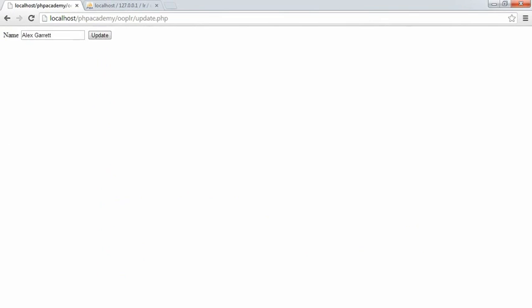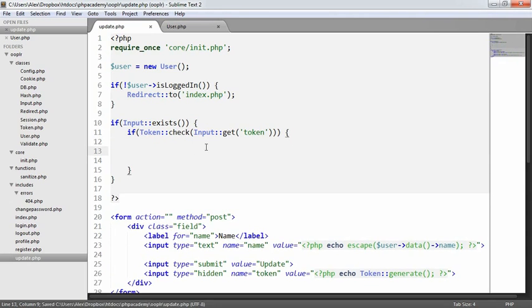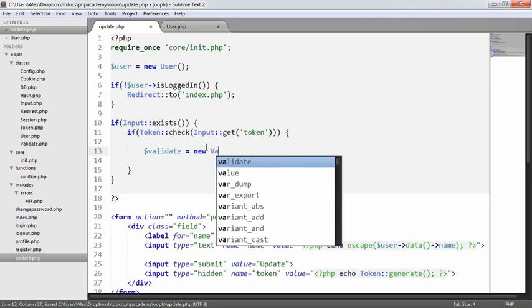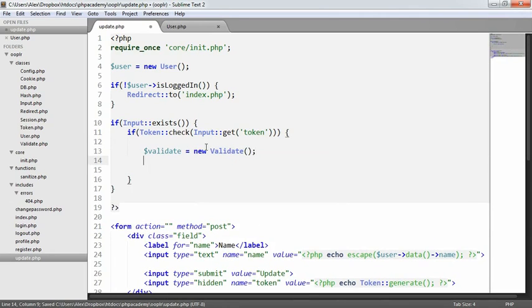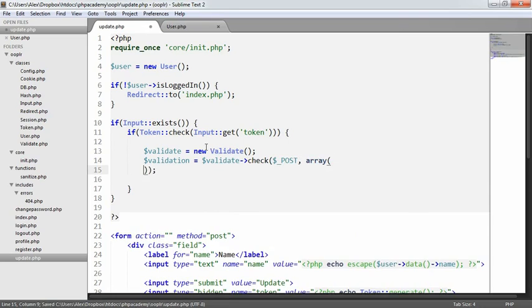OK, so perfect. We know that that's worked. So now we want to go ahead and validate stuff, and this is really important because we want to validate it to the same standard as we validated it as we register a user. So we want to say validate equals new validate, and we want to say validation equals validate check. Now we want to check the post data, and we have an array of rules as we already know,